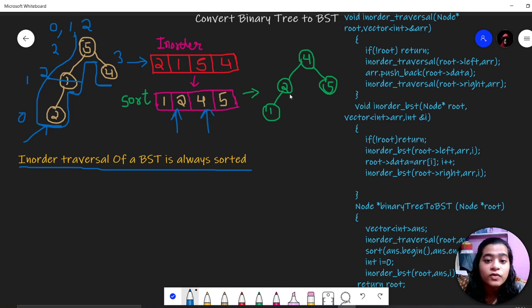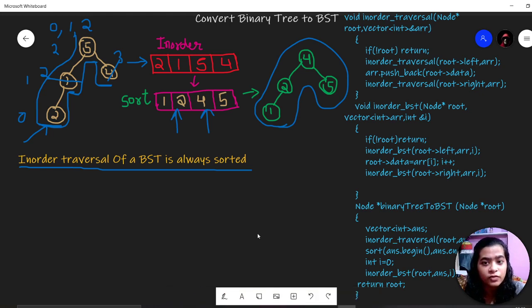We get 4, so we replace 4. Then 5, so we replace the next node with 5. This is the binary search tree that is generated after performing the in-order traversal of this tree, sorting the array, and then storing the sorted array back in the tree by replacing these nodes as per the indexes. This is the basic thing that we have to do.